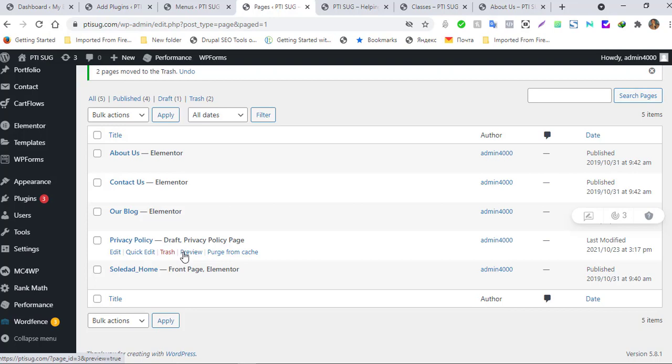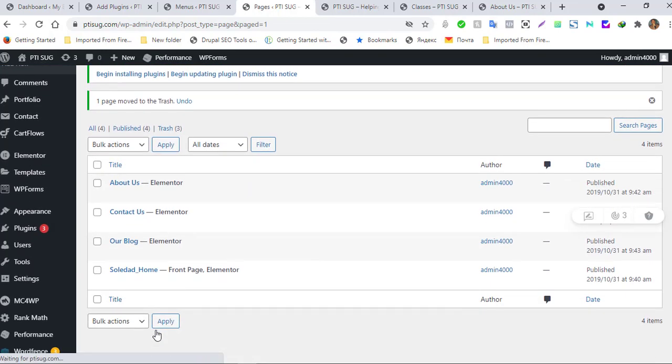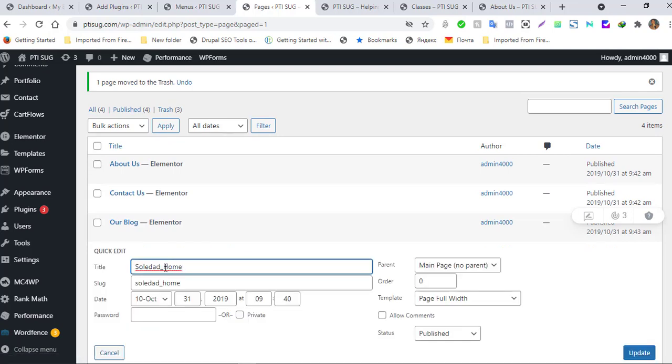Now the privacy page, we could actually get that done. I think we should just get that done. So we trash this. So we have the about us page, we have the contact us page, we have the blog, and this is the home page. So you could do a quick edit on it, of this home and updates,